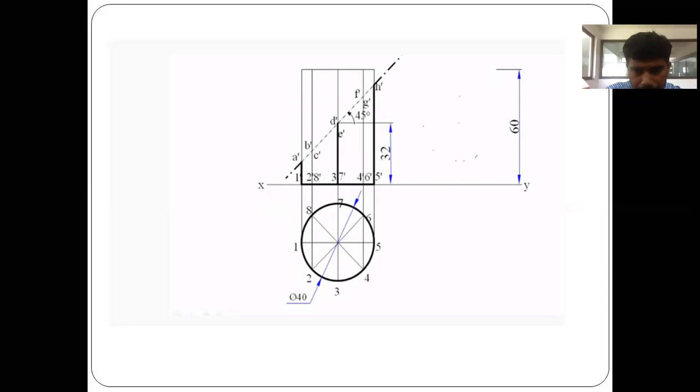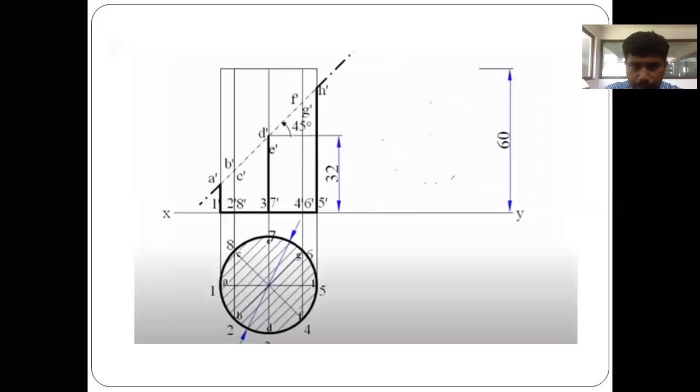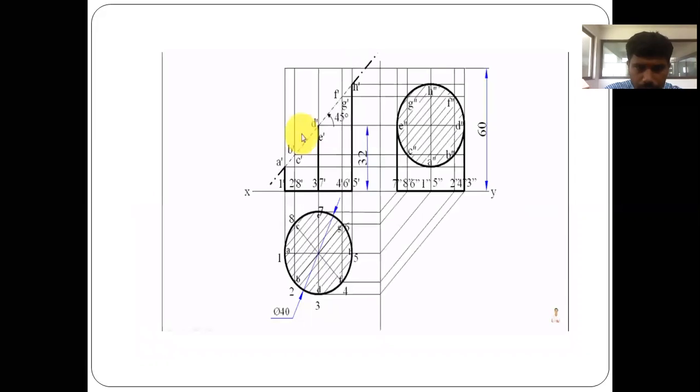B is corresponding to 2 and C is corresponding to 8. Similarly, 3 is corresponding to D and E is corresponding to 7. Similarly, F is corresponding to 4 and G is corresponding to 6, like this. Okay. So marking all the way, B is corresponding to 2 and C is corresponding to 8. So all the way, we have projected all the generators with the 45 degree,